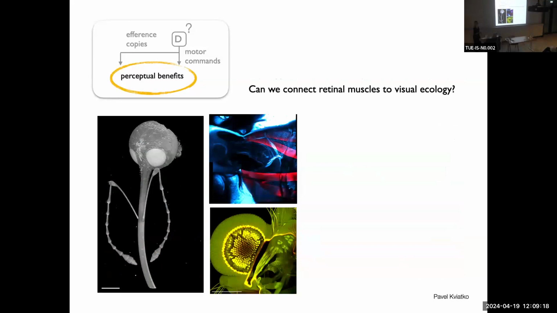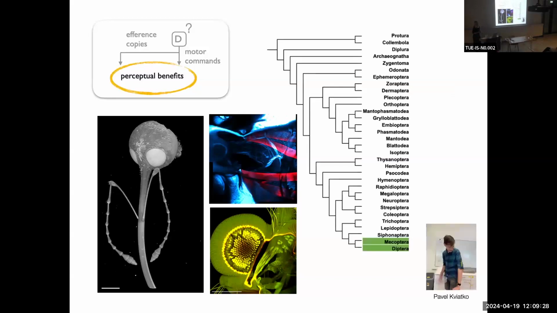And he has also perfected imaging techniques to visualize these minute muscles in insects ranging from tiny squishy ones to large pigmented ones. And surprisingly, after sampling 25 out of these 29 insect orders, it seems that retinal movements